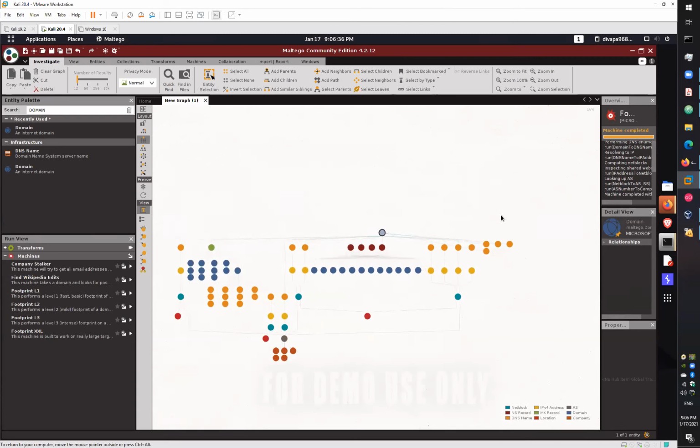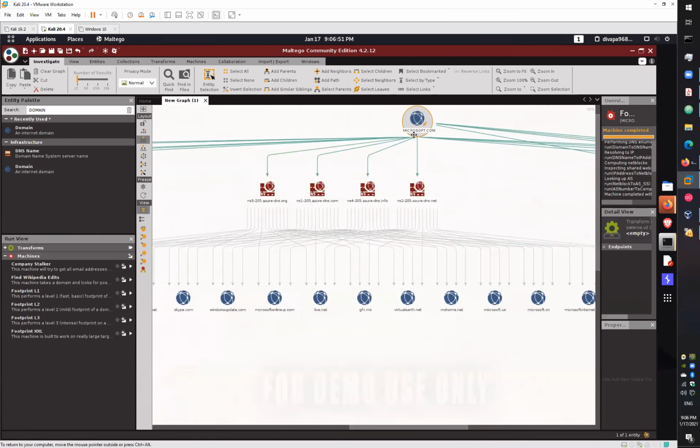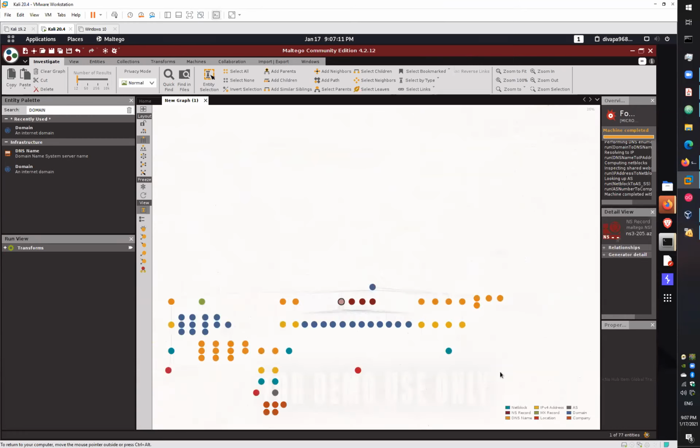Yes, Siddharth. So you can try this tool, Maltego. You just have to register yourself, and you will get these results. If I show you, all these blue dots are the domains on these name servers. Like Microsoft has this name server, ns3-205.azure-dns.org. On this same name server, we have multiple websites as well, like live.net, microsoftonline-p.com. You can enumerate these things on this tool.